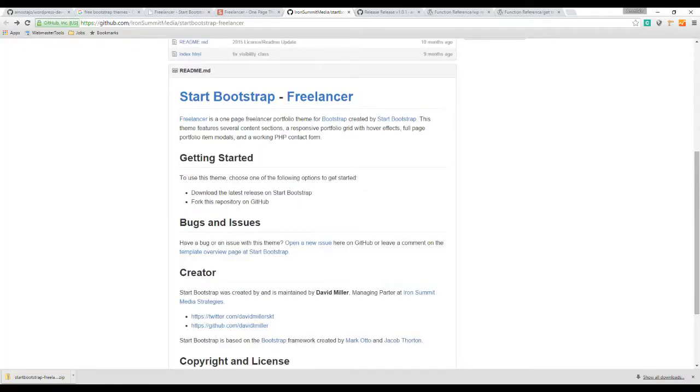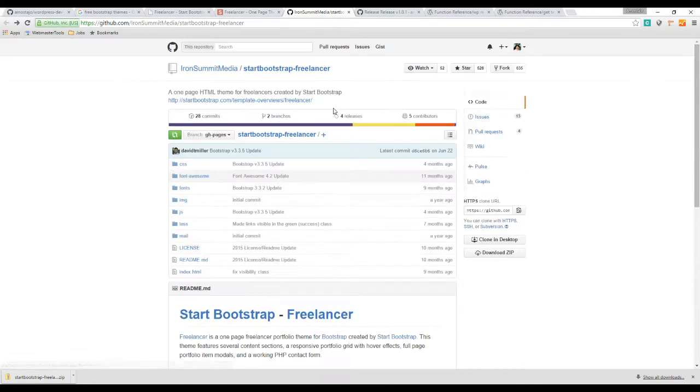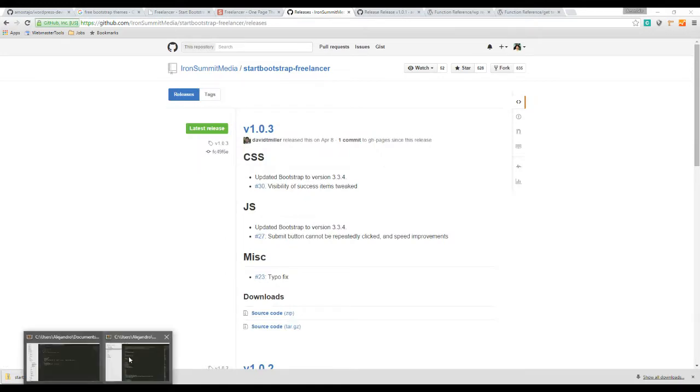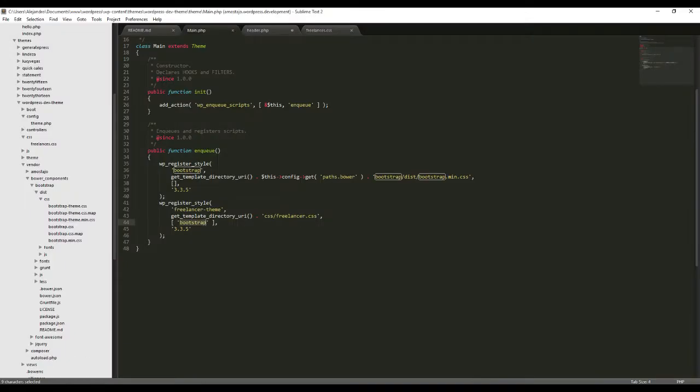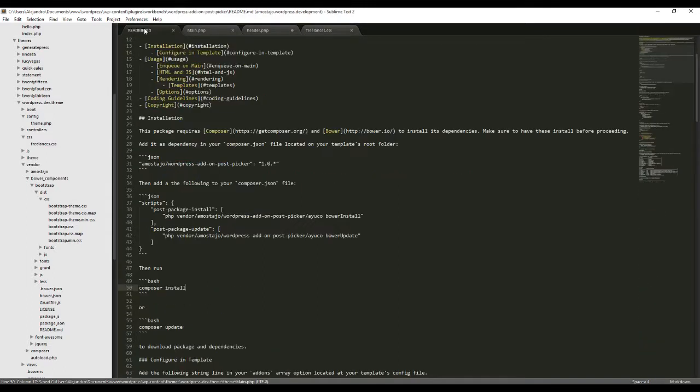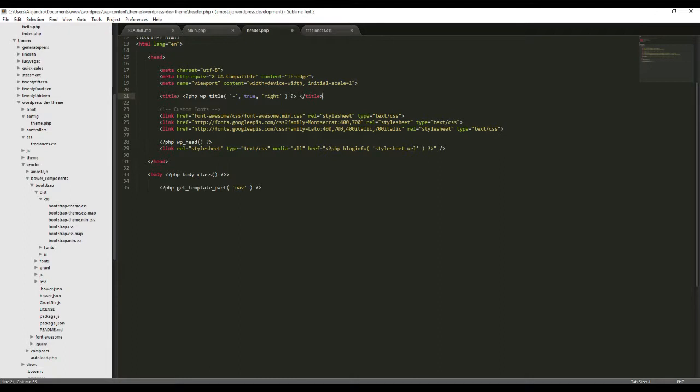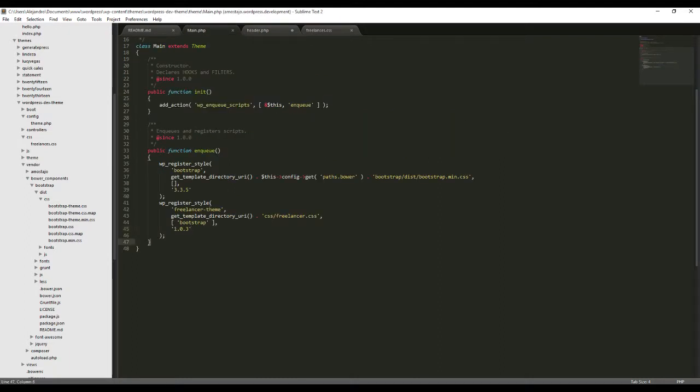Let's see which version we just downloaded on the releases. It should be version 1.0.3. Okay, so let's add this here. 1.0.3. Nice. What's the other dependencies we need to check out? So we have freelancer, remove. Let's remove this. Custom font. So we have, okay, we need to include the Font Awesome. That's the other thing we're going to include. We're going to copy the one with the Bower, and that will be font